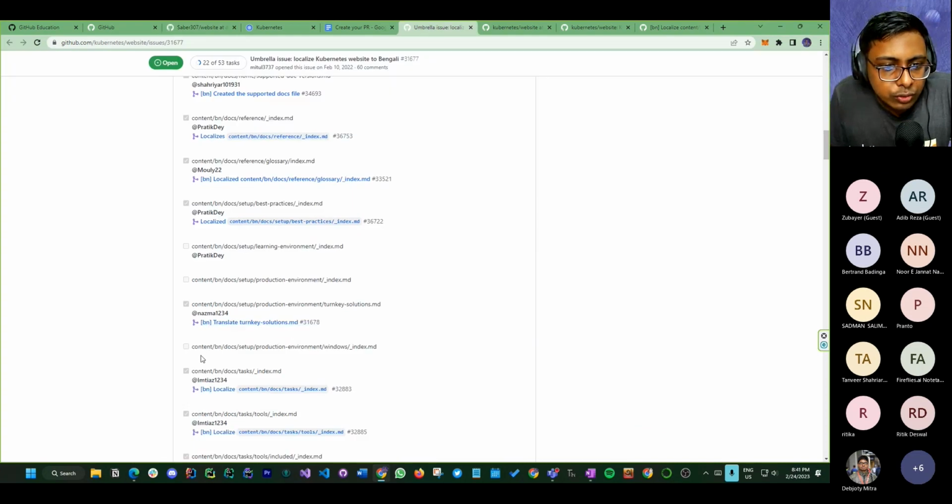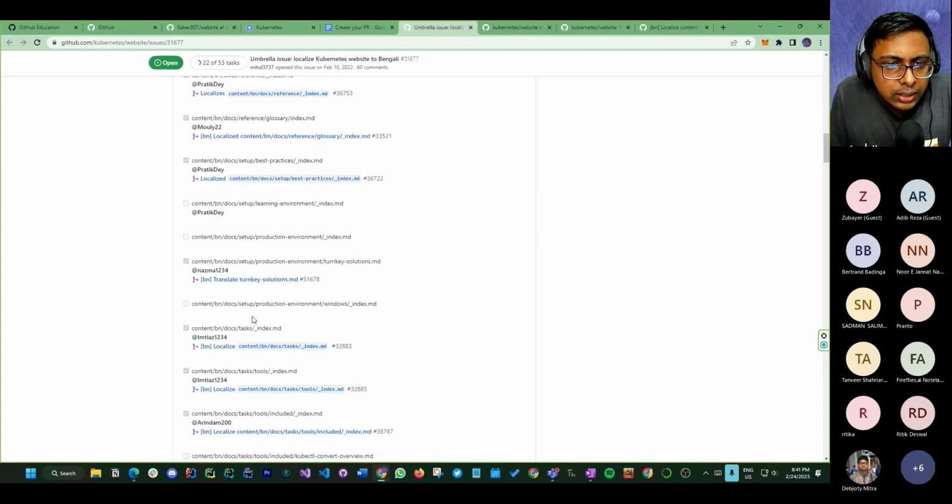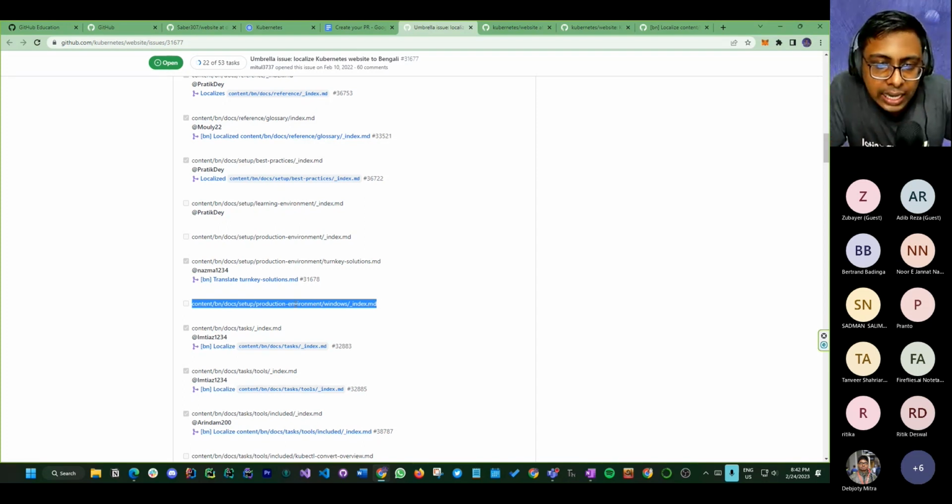Okay, so this is the production one, I think, right? Let me check it, content bn docs setup. This is the actual file path, but it is not created yet. So what you have to do is create it and create a PR for that, so that we can merge it. How are you going to know what to localize or translate?